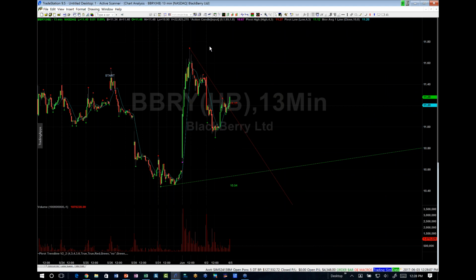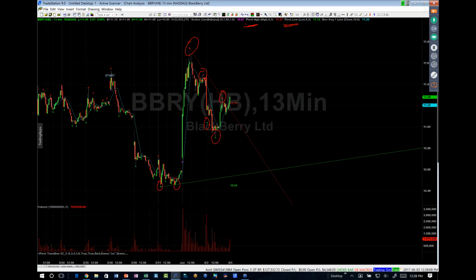For those of you that use TradeStation, they've actually developed an indicator to do this. See these little X's on the chart? It's a little bit hard to see, so I'm going to try to circle them for you here. There's one there, there's one there. Those little plus signs, the green ones on the bottoms, those are inflection points. In TradeStation they call them pivot low and pivot high, and it's an indicator that you can plot on your chart.